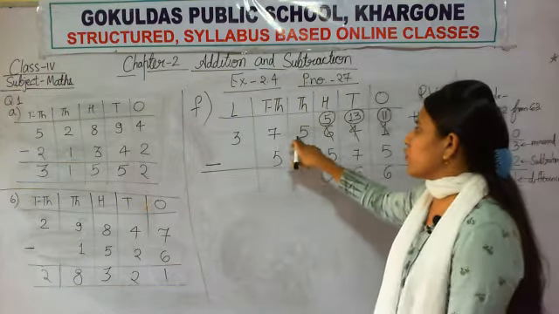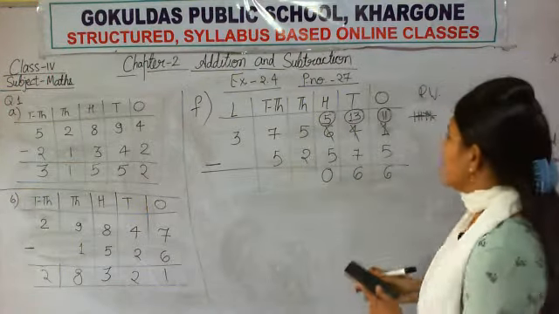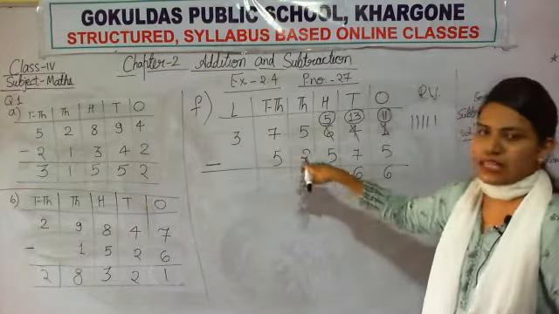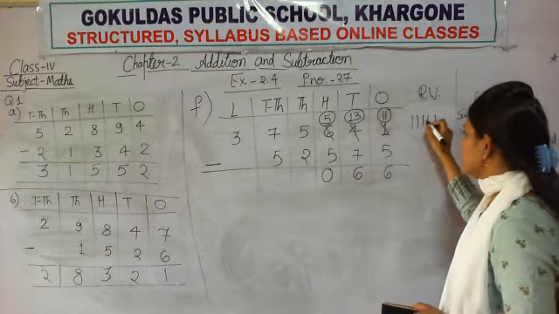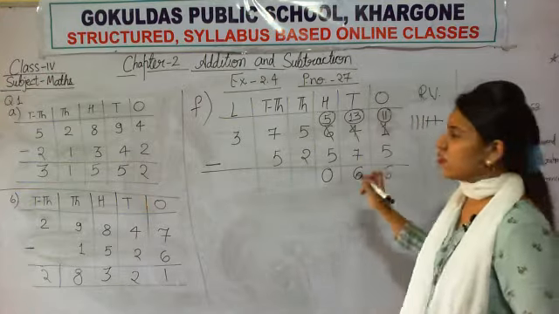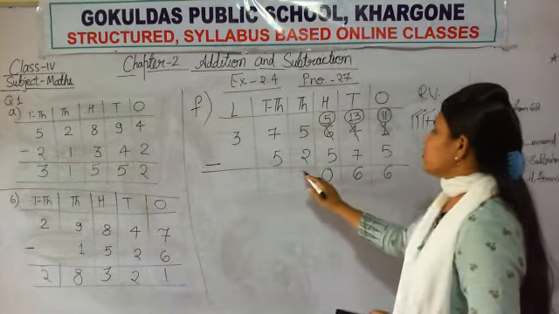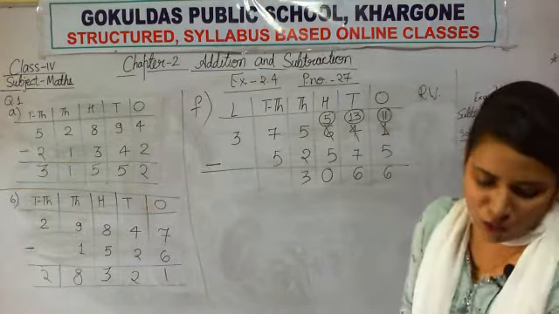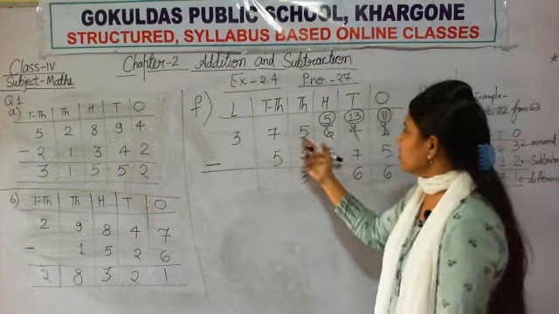Now subtract 2 from the 5. Your number is 5. 1, 2, 3, 4, 5. You can easily subtract 2 or remove 2 sticks. So remove 2 sticks. How many left? Count. 1, 2, 3. So write 3 here. Okay. Now next